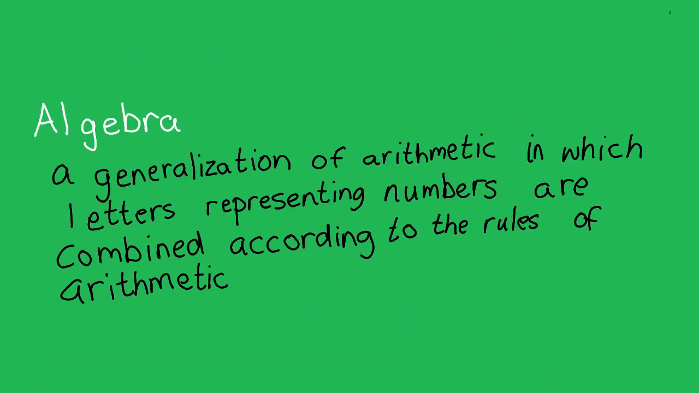Now in the first video in my series I showed you guys this definition from Merriam-Webster, and I'll show it to you guys again. So algebra is a generalization of arithmetic in which letters representing numbers are combined according to the rules of arithmetic. And what I focused on in the first video and what I'll look at again is generalization of arithmetic and letters representing numbers, which we know as variables. I won't dwell too much on this definition here, but I want you guys to keep it in mind as